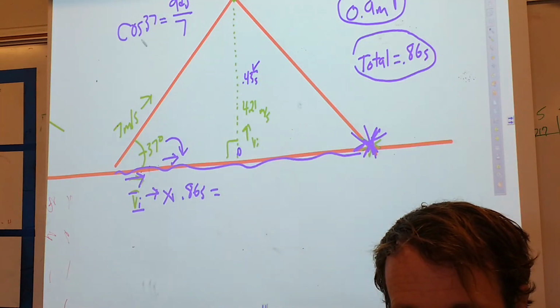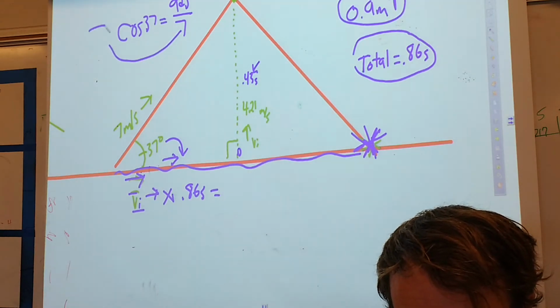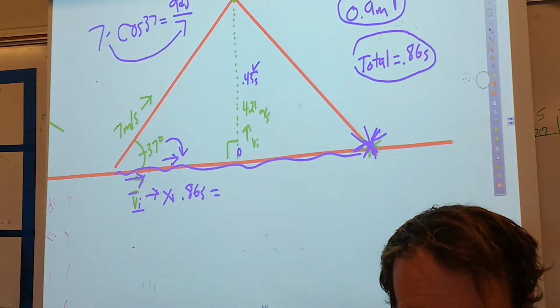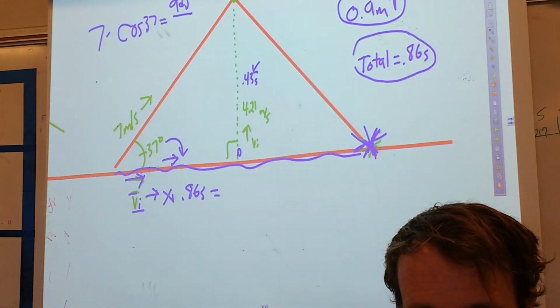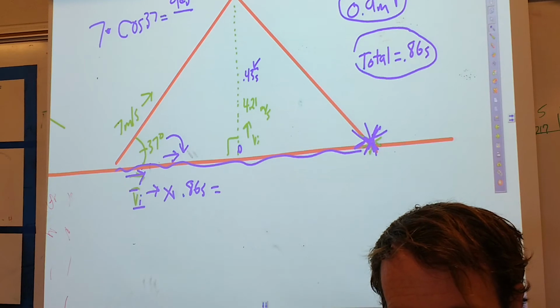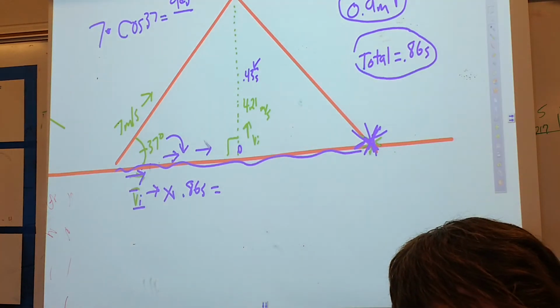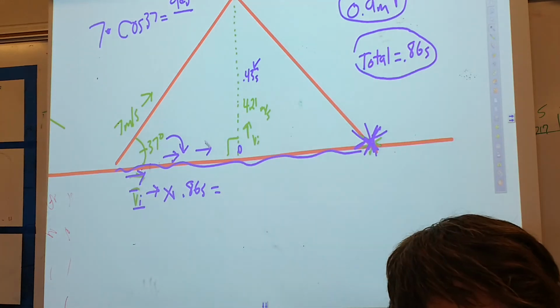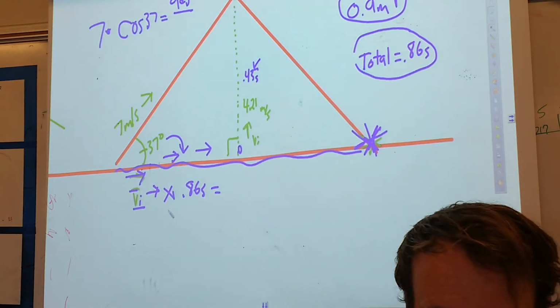So cosine 37 equals adjacent over 7. Once again, we're going to take the 7 and put it up here using Algebra 1. And we're going to say 7 times the cosine of 37 will be the velocity on this side of the triangle. So I'm going to say 37 cosine times 7 equals, it's going to give me 5.59